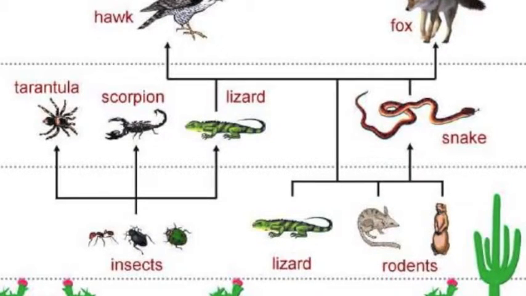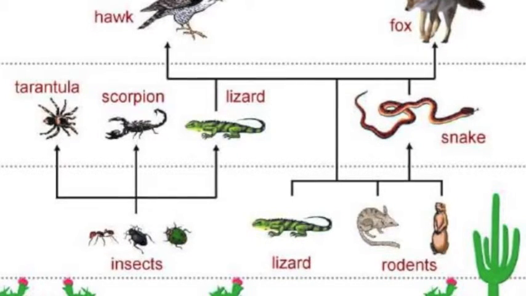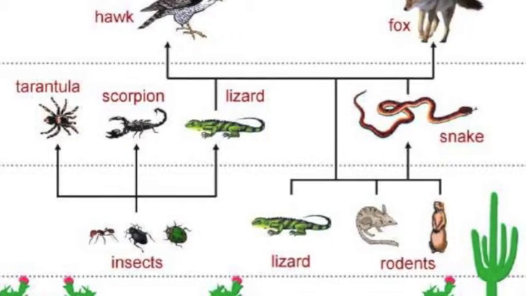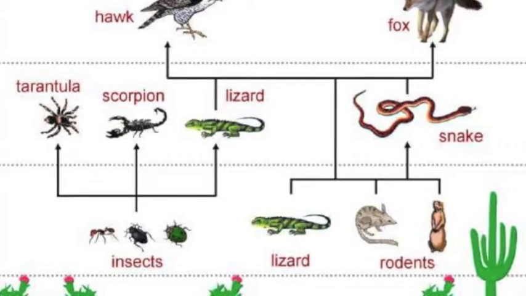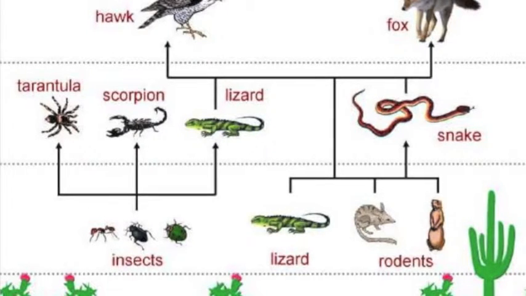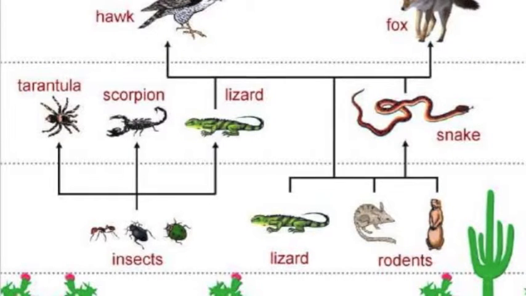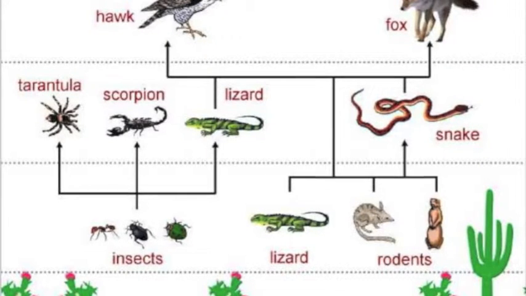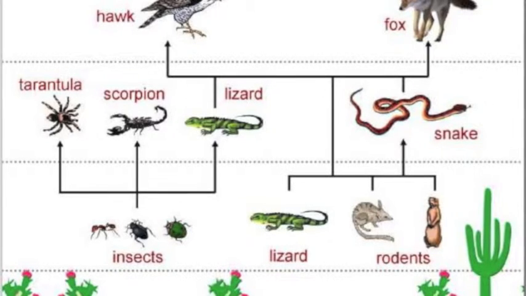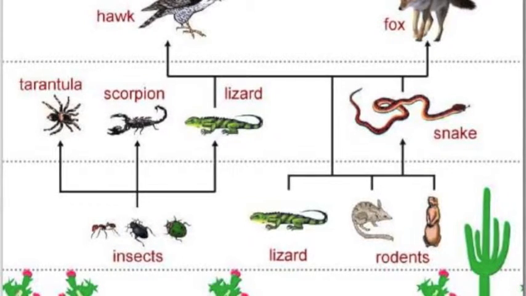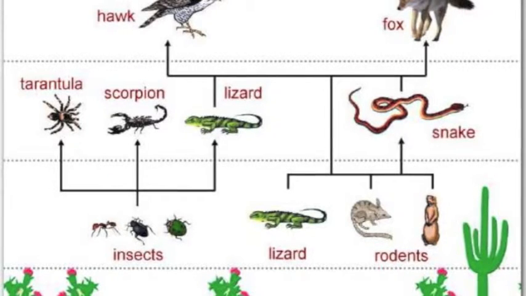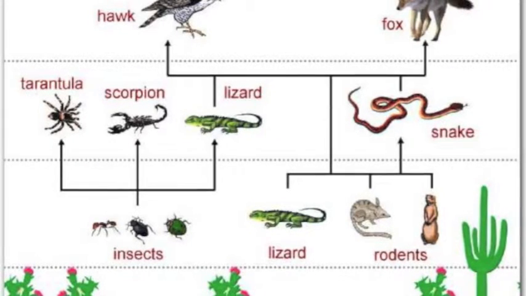At the lowest level of the food web, there are the primary producers, which include cacti, creosote bushes, thorn acacias, annual flowers, ocotillos, and brushes. Then come the herbivores, or primary consumers, which include animals such as insects, lizards, rodents, and kangaroo rats. Then next are the small predators, carnivores, and insectivores, usually consisting of tarantulas, scorpions, lizards, and snakes. And finally, there are the large predators at the top of the web, which can consist of sandcats, foxes, hawks,